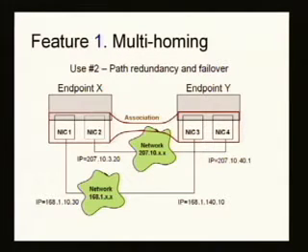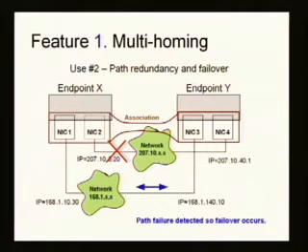SCTP, when it's doing its transfers, will initially send all its data upon what it deems to be the primary path. But if, like we said, a catastrophe happens in this path, a switch dies or a router goes down, for example, SCTP has the ability to fail over its data transfer. So from then on out, data transfer has a new primary path, more or less. This happens transparently to the application. So, anyway, it makes applications in that respect somewhat simpler because they don't have to worry about that, but the transport protocol does.